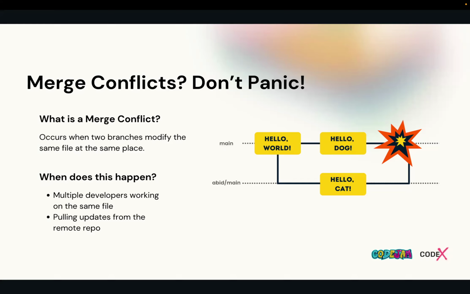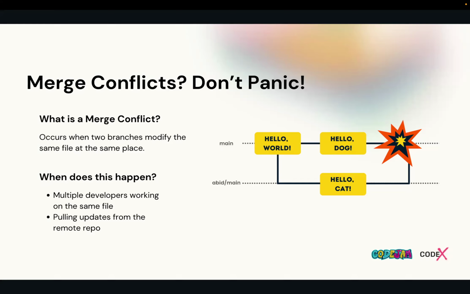In that sense, Git will be confused about what to choose, because Git has no intelligence, right? Nowadays Git has some intelligence, but it can't resolve this on its own. So it will pop up a conflict: here there is a conflict, I cannot directly combine both your changes to the main branch.